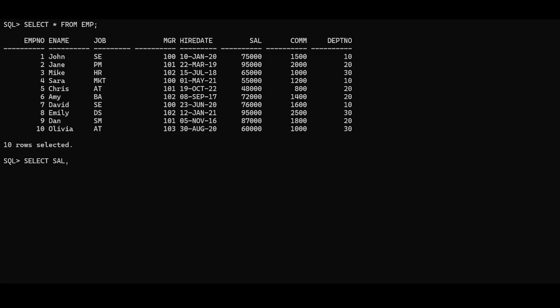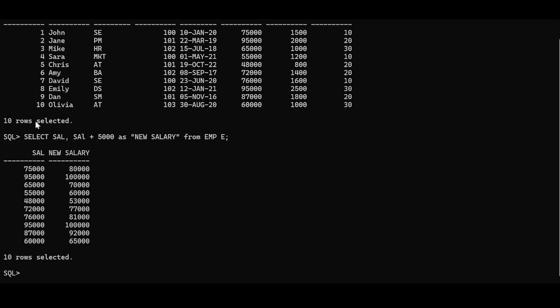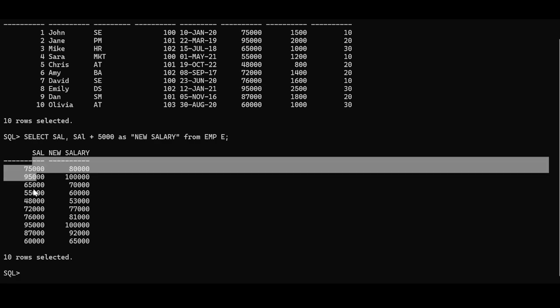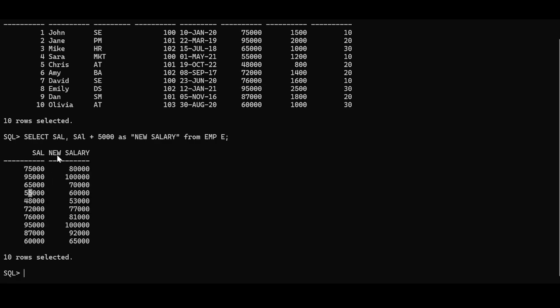What I am doing here, I am saying salary plus 5,000, as new salary, from EMP. Now you see, you are taking the salary, the actual salary information, and you have another column called